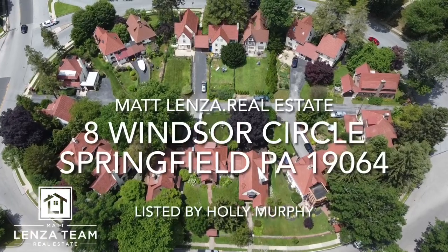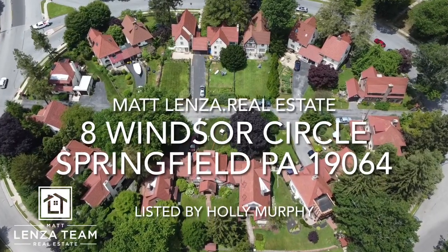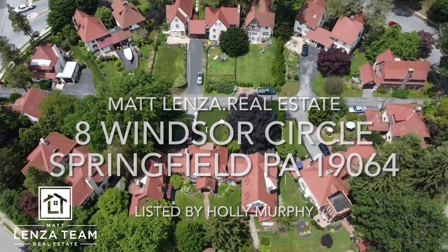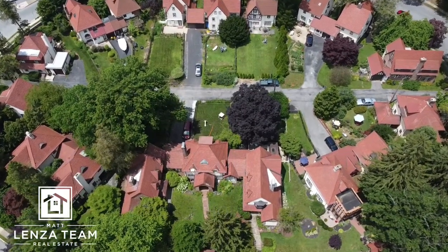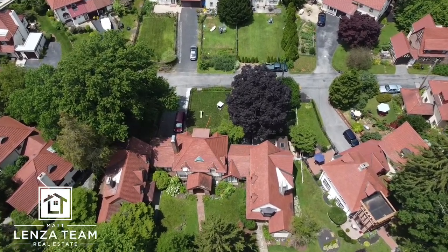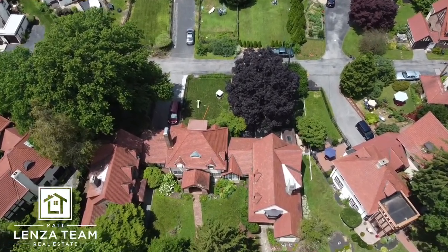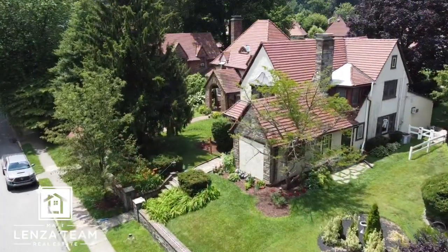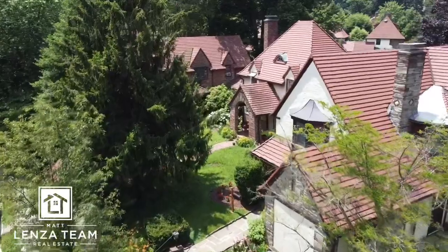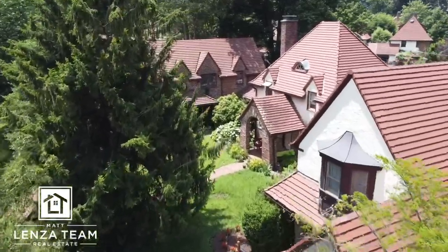All right, here you're going to see a very unique pocket of Springfield, and take that in from the initial shot. So, 8 Windsor Circle, slightly more of an oval, I would say, but either way, heavily European influenced, very, very cool design, and just a beautiful house in general. So you'll see us flying around, see exactly, and it's a unique one because it is a single family home,